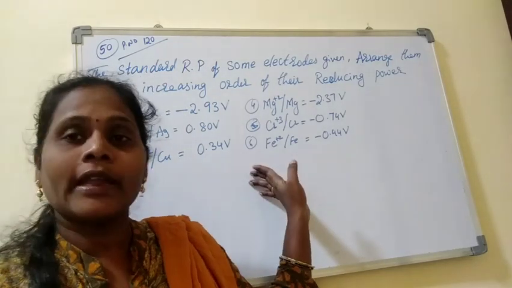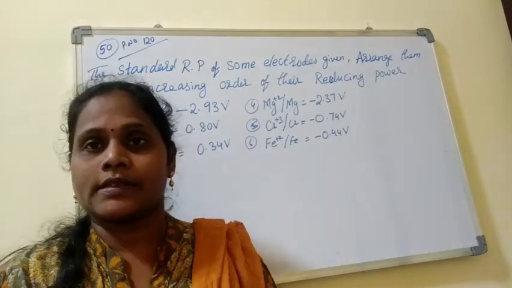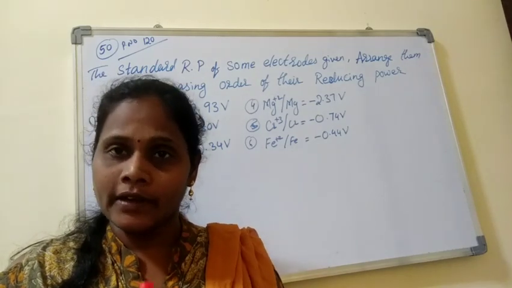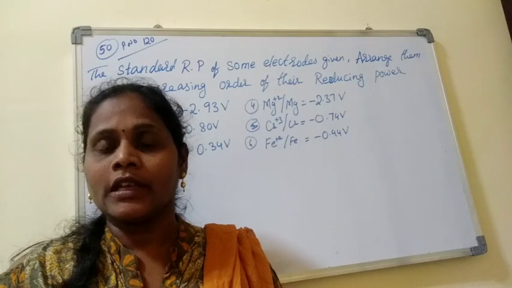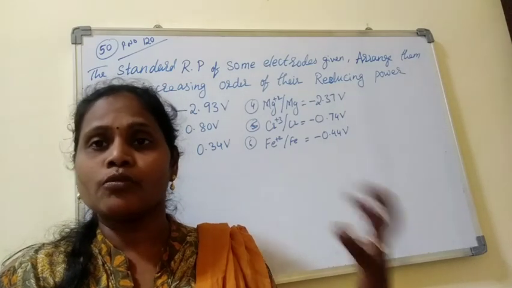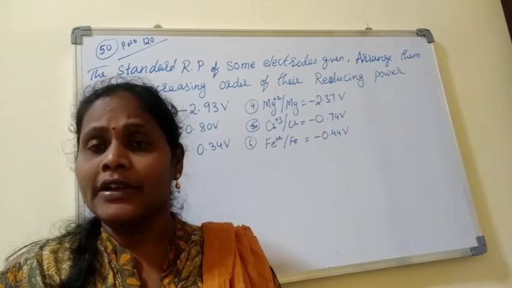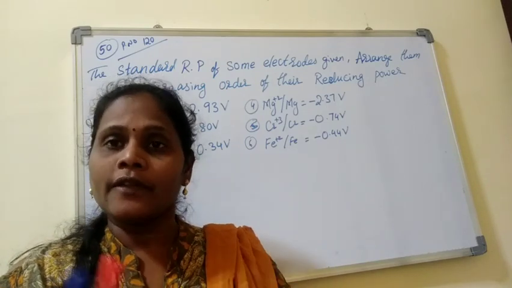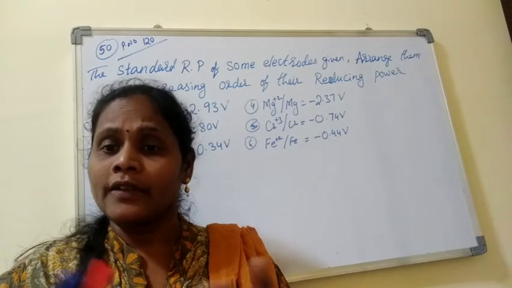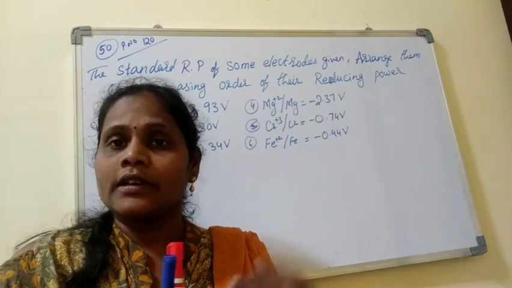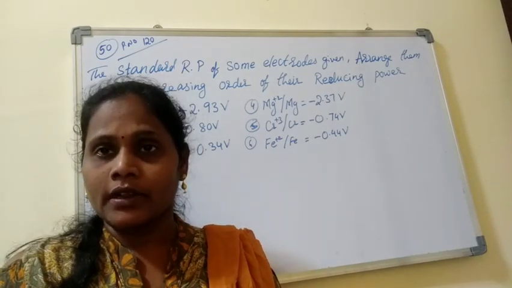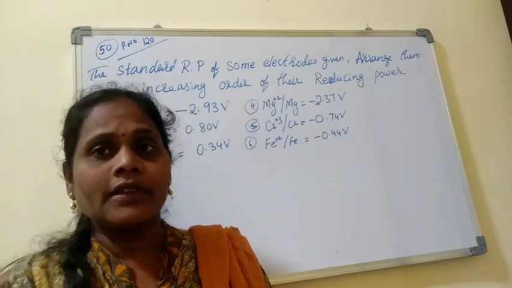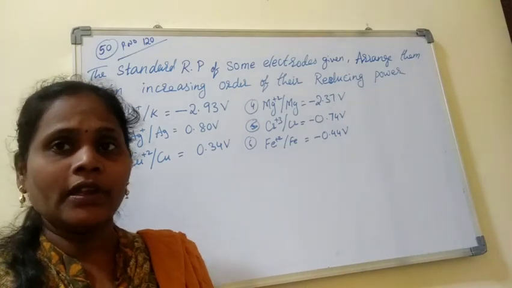One problem here I would like to give in electrochemical series. Electrochemical series is useful for identifying reducing agent or oxidizing agent, the power of those elements, which is more oxidizing agent or which is more reducing agent, and how to construct the cell, whether the reaction is feasible or not, if I take one element and the other element, if I take copper and silver, whether the cell is constructed or not. So all those is feasible with the electrochemical series. And this is one type of question can be asked in your exams.